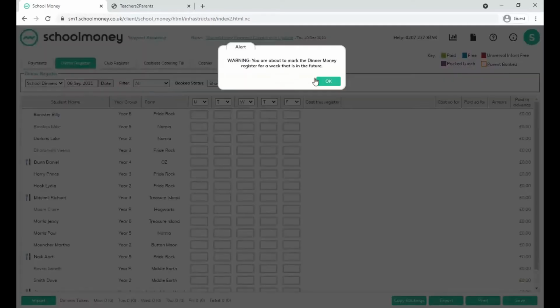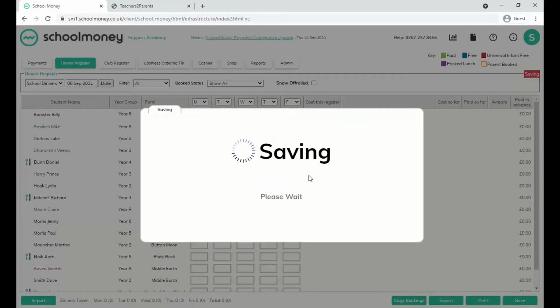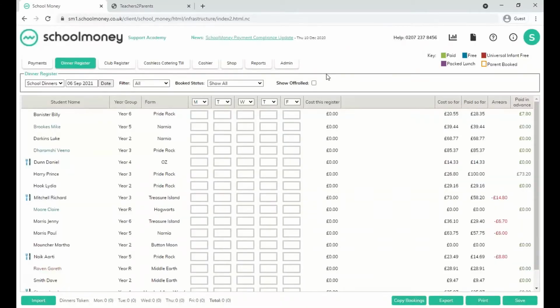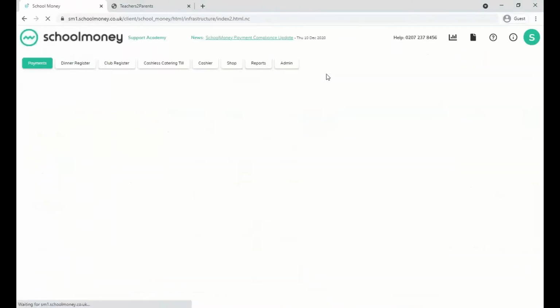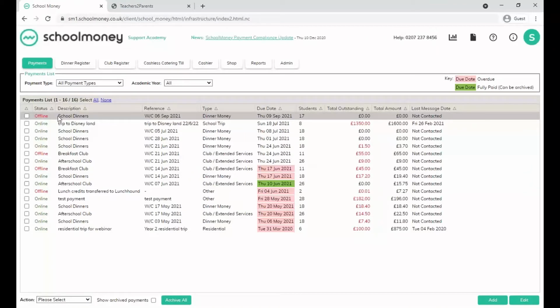Change the filter to all, and then you just press save in the bottom right-hand corner. And then OK. Now, once you save that register, if you refresh, which is F5 on the keyboard, that will take you to your payment screen, and you should see that payment on your payment screen. Now, if I go into this payment, just by double clicking into it,